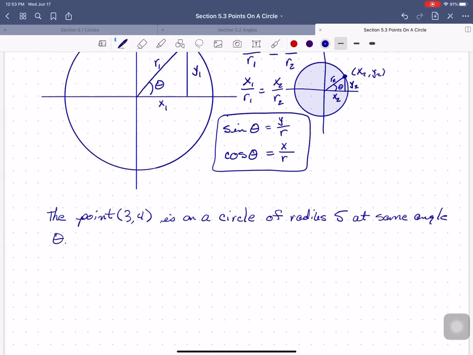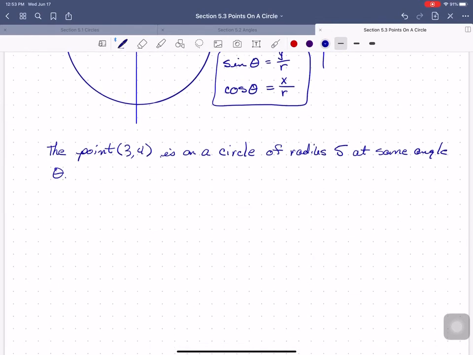We are not in a position yet to find theta. That comes later in the class, but what we can do is find sine theta and cosine theta. So if we sketch our circle,